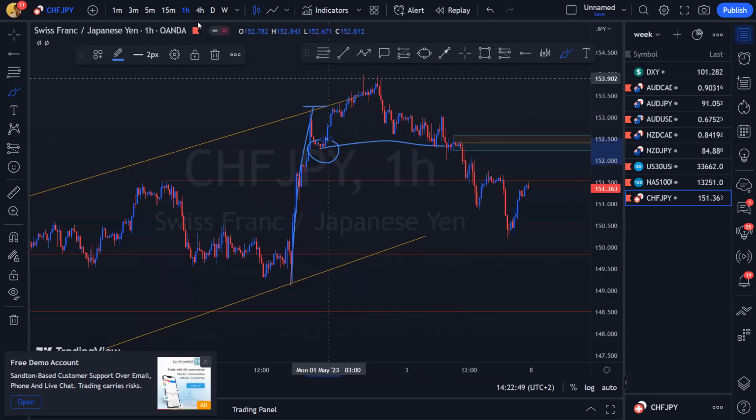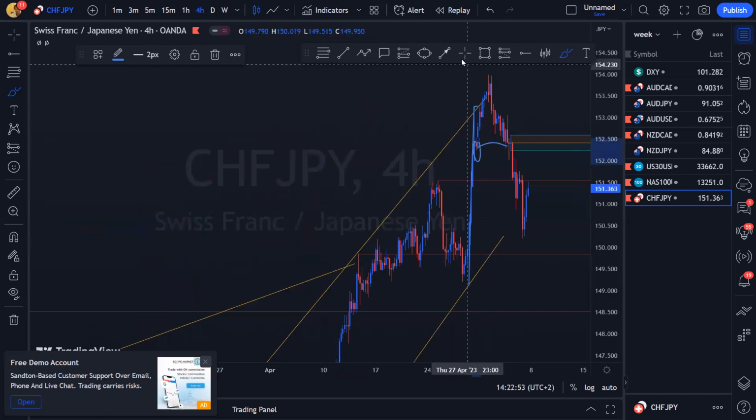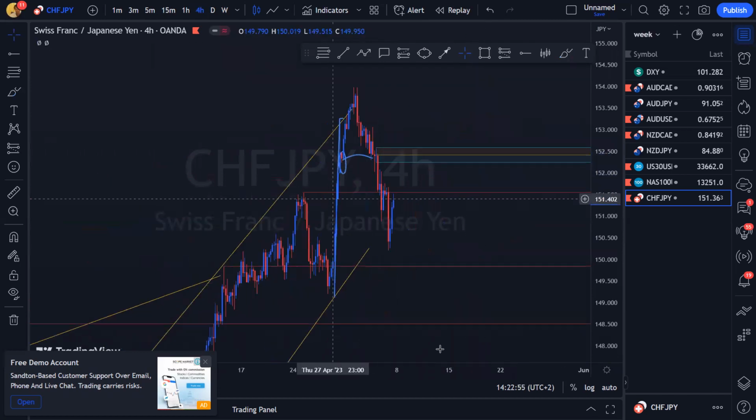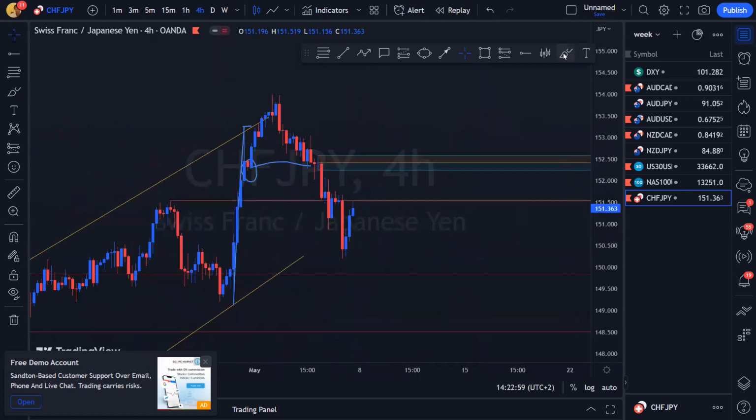So all I'm going to be doing is, let's just stop, go back up to a 4 hour, because we don't need to be down there. Let's move this to the side. All I'm going to be doing is the same thing as we've always just been doing. We need to wait to see price action come to our POI.